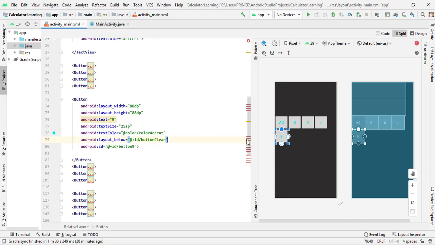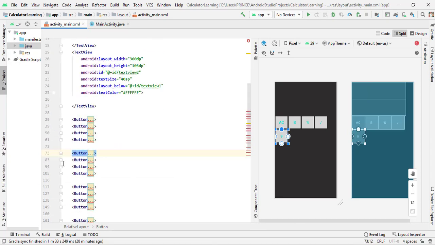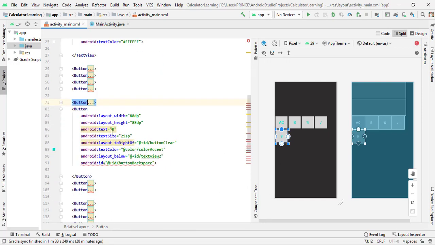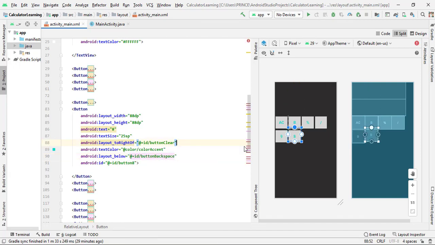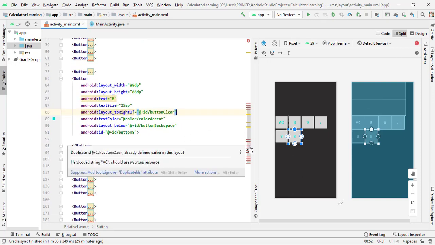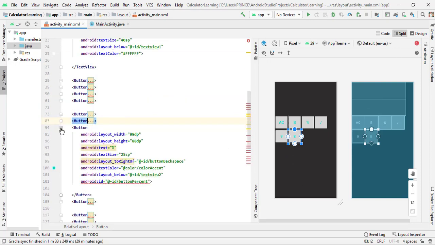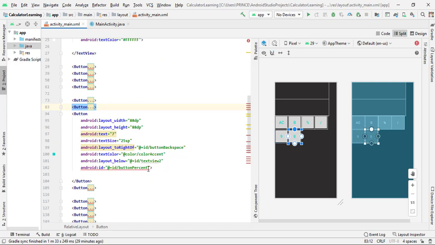Now what we have to do? Now we have to do the same thing for the remaining buttons. So just on the right side we need button number 8. So I change the Android text to 8. I also change the button ID to button 8, and I need this below the backspace button. So give the ID name of button backspace. Now it looks perfect. Now do the same thing for the next one, for 9, 8, 7. So I change the Android text to 7, and now change the ID to button 7, and we need this button below the % button. So I change the ID to button %, and it looks perfect.